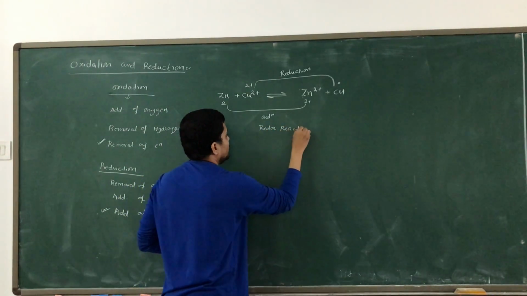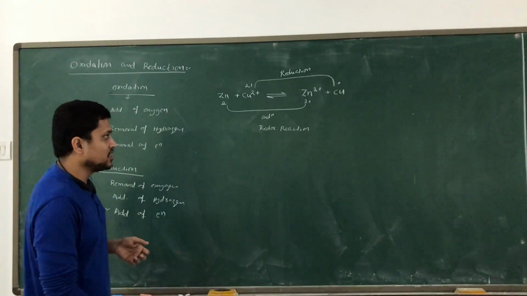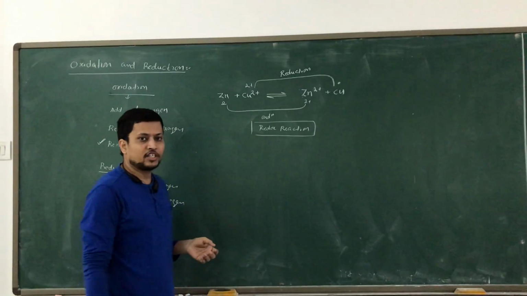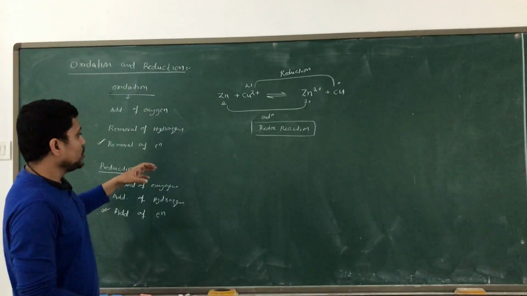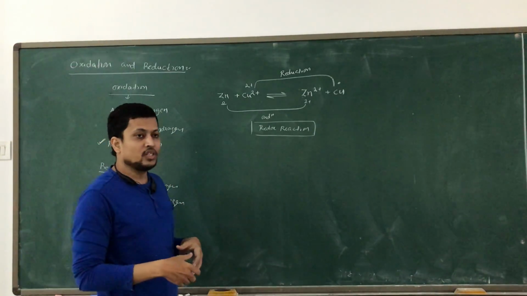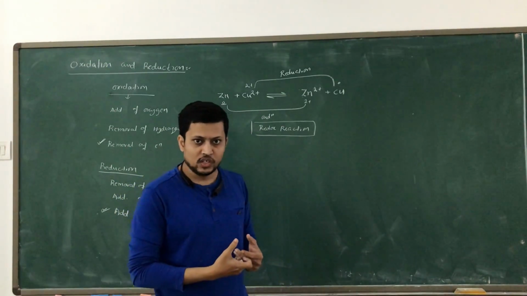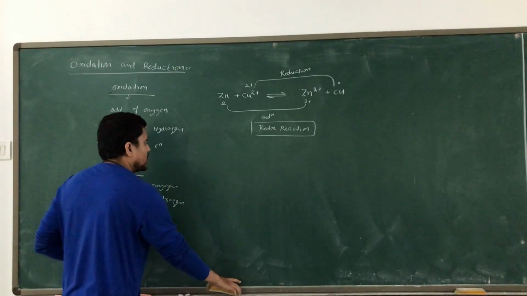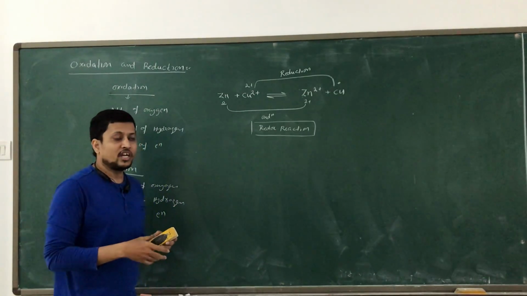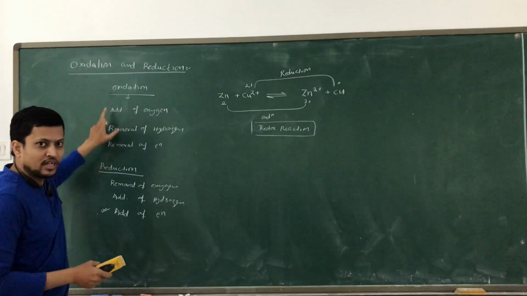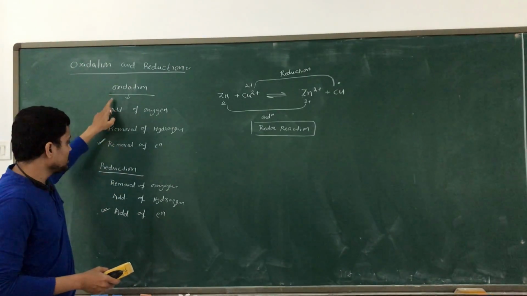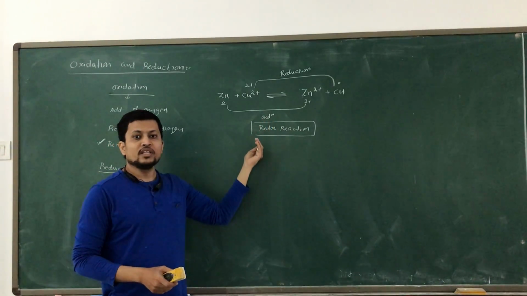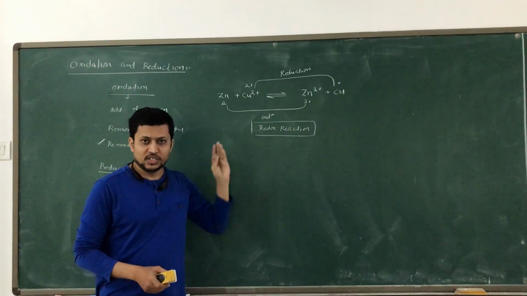So if in any reaction you see both oxidation and reduction taking place, then you must say that reaction is a redox reaction. Now after that we are going to learn how to calculate the oxidation state, what oxidation state actually is. So the next topic is the oxidation state. For oxidation state we must know what oxidation and reduction are. That is why I explained oxidation and reduction first, and the redox reaction as well. Then we go for the calculation and we can understand what oxidation number is.